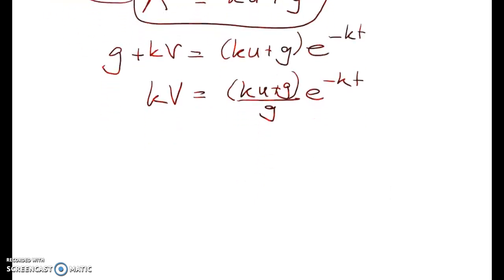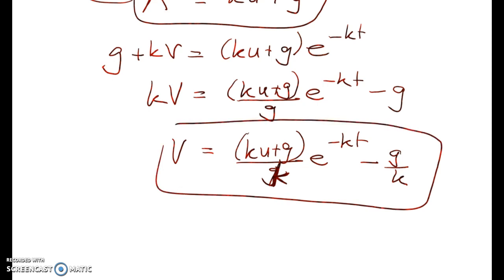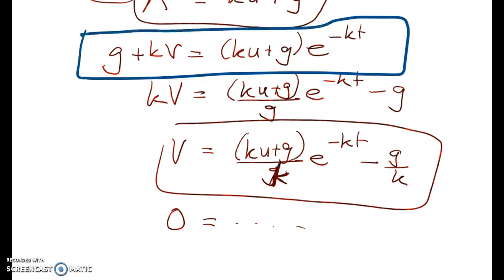So I will go on here and get the expression for velocity to show you what we've got. Whoops, I've lost a minus g there. There we go. So I'm showing you this, but you actually don't have to do this. Right, so we could go all the way through here and then solve for when is velocity equal to 0. But I'm probably doing a bit of extra work by doing that, and you're going to be under a lot of time pressure. So let's just see what happens if I get to here, and now I just shove in